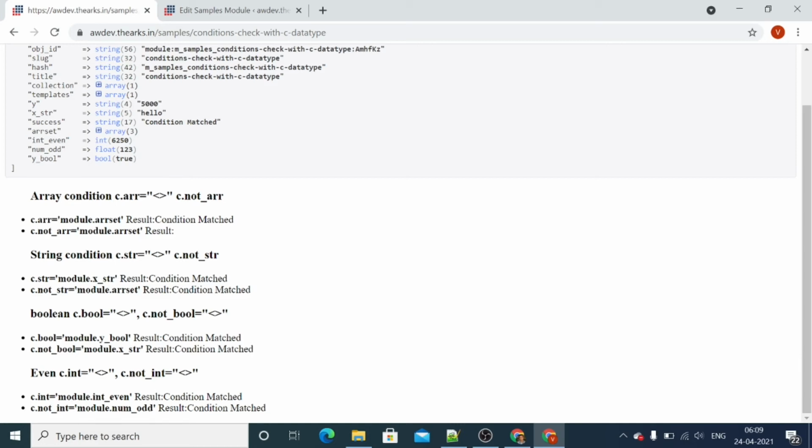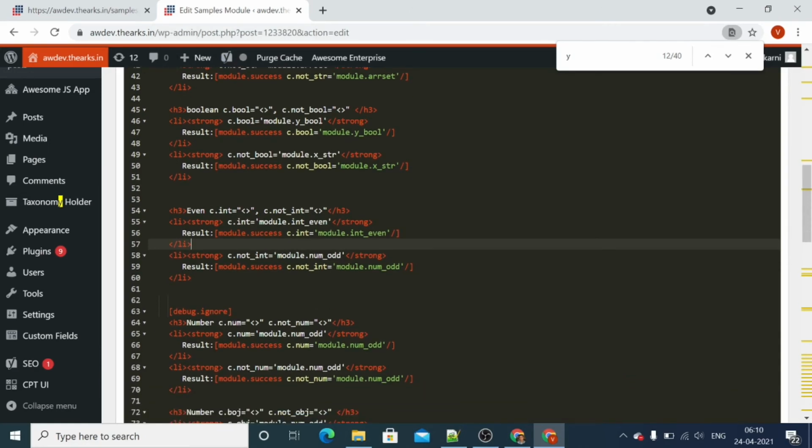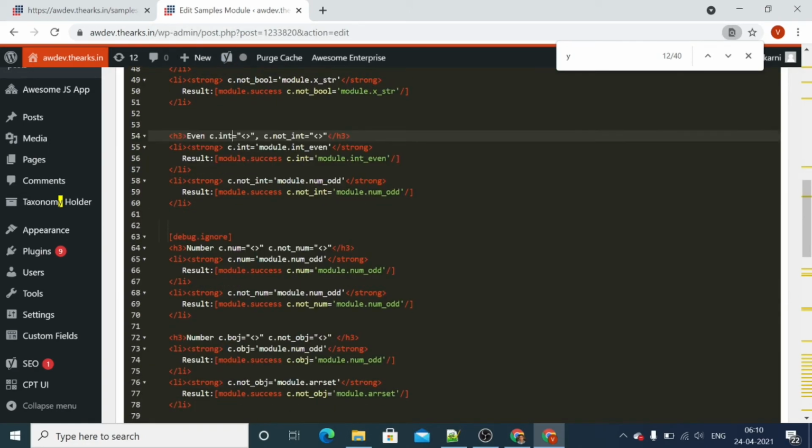Similarly, c.notint with module.numodd, this is the variable, and numodd is a float type, so this condition is also matched, so we get this output. To check the integer, we have c.int and c.notint.